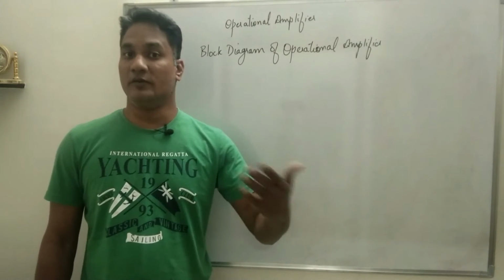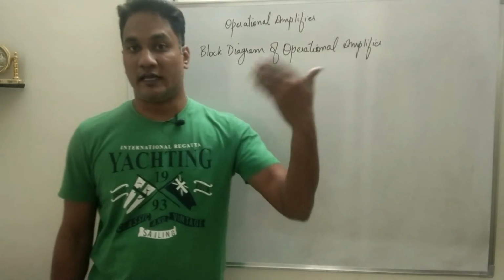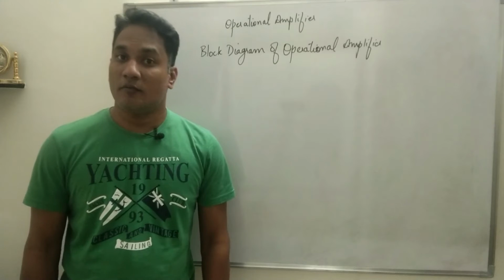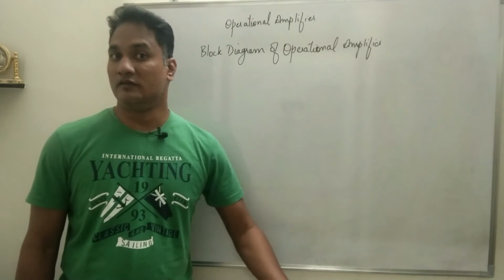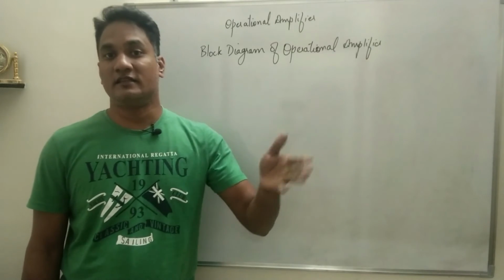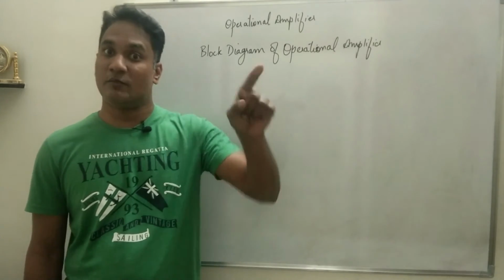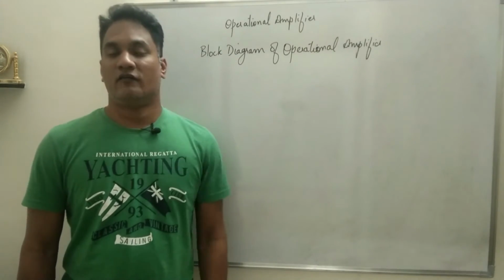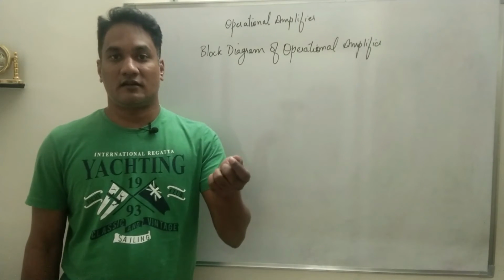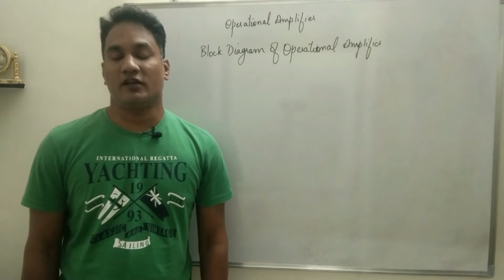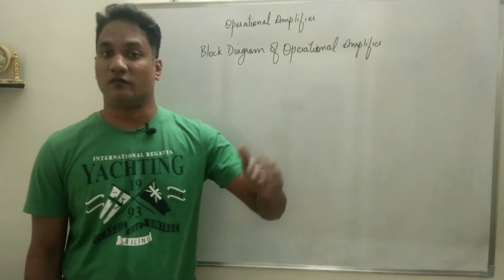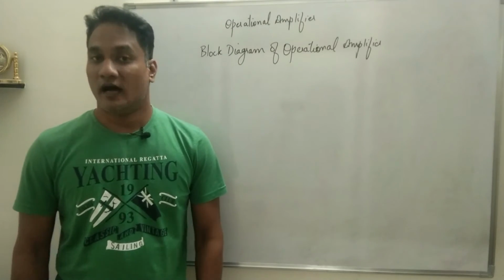It is a ratio of the gain when the inputs are different to the gain when the inputs are common, and when the inputs are common the gain should be 0, and anything divided by 0 is infinity. That means CMRR should be very high for a differential amplifier. And as differential amplifier is an example of a direct coupled amplifier, the voltage gain will also be very high.